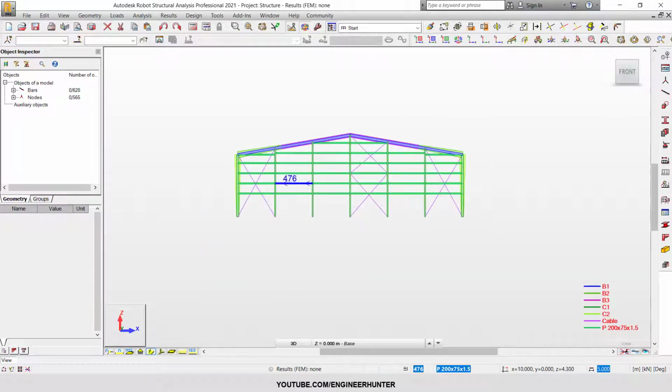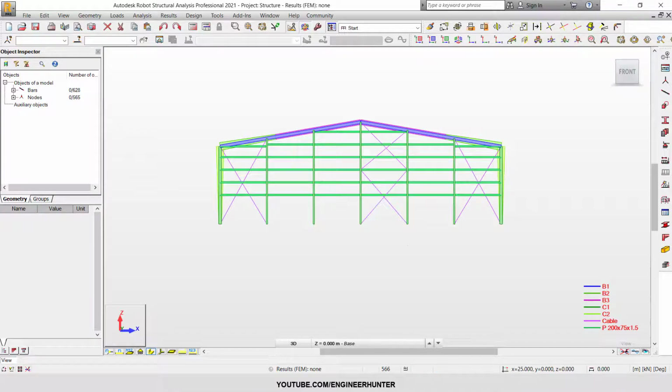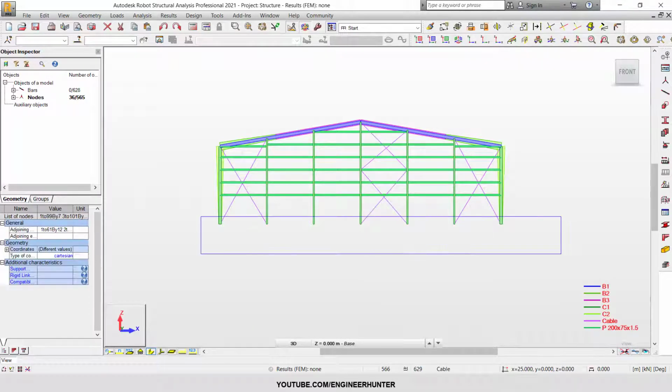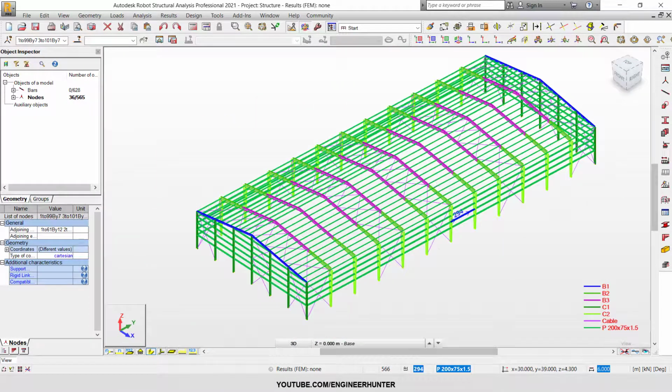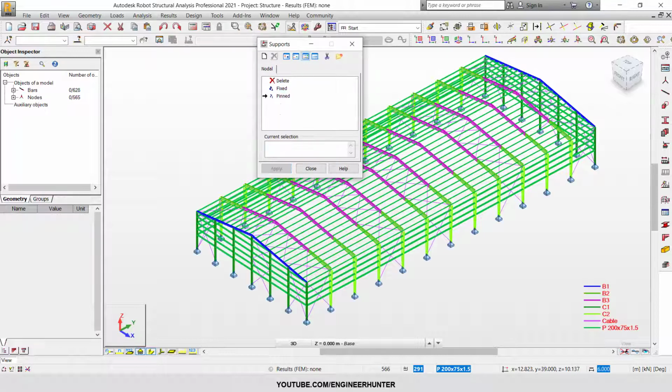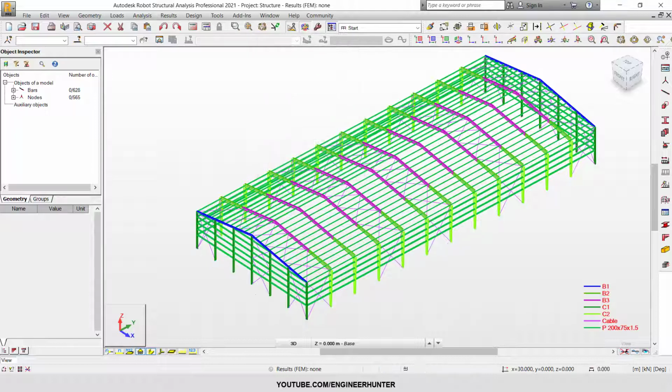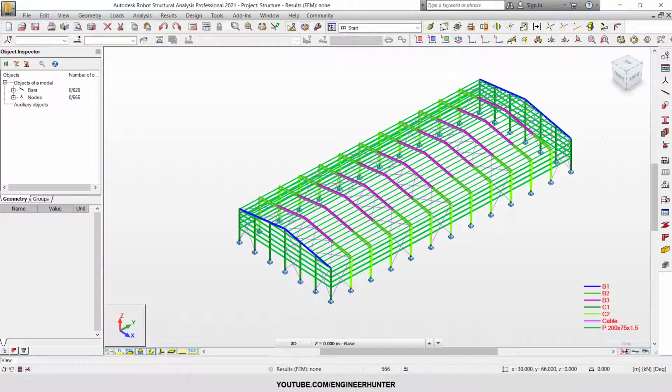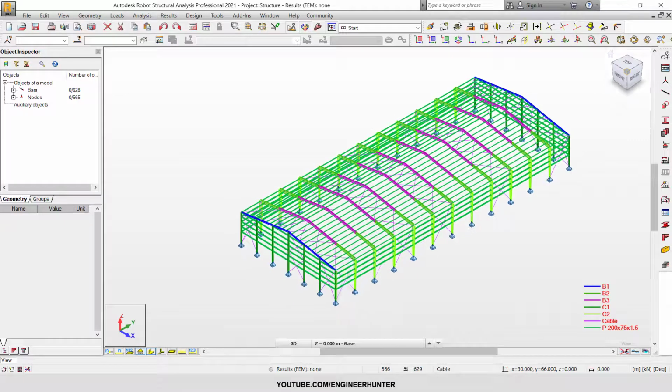Now I want to put the support, so I select all the nodes at the bottom of the column and go to supports here, and I want to use pin. Click on pin and apply. Now the pin appears, and if you want to show the support again, you can click on this button. Now we got our support,